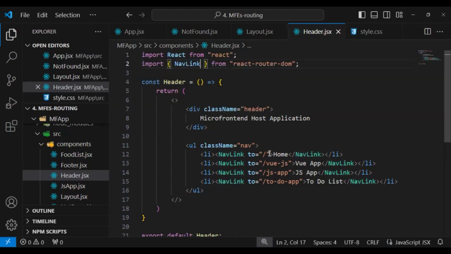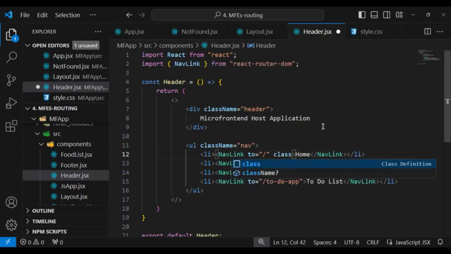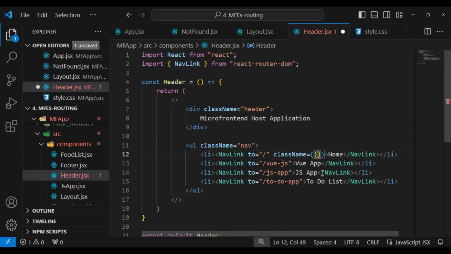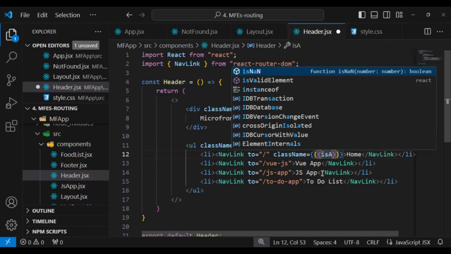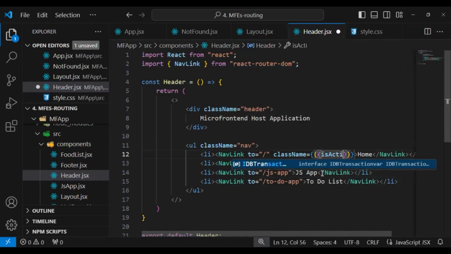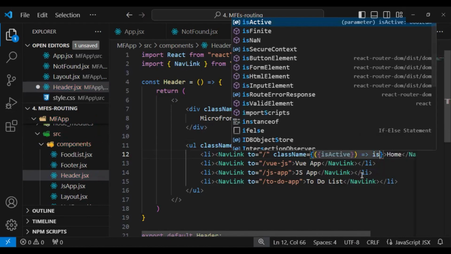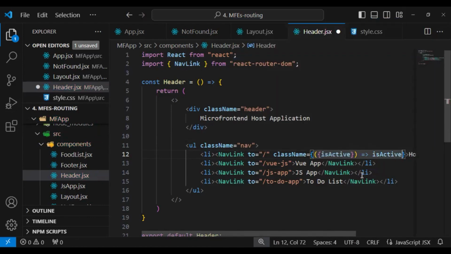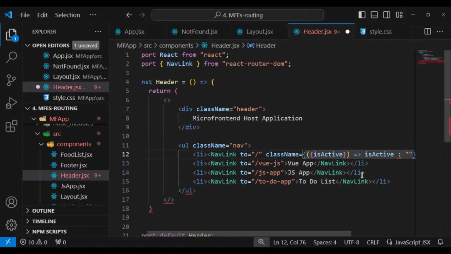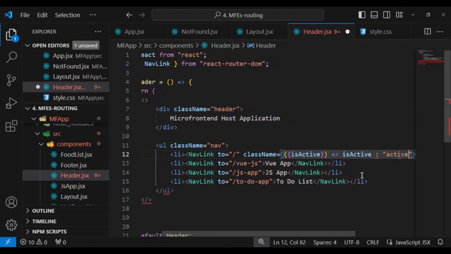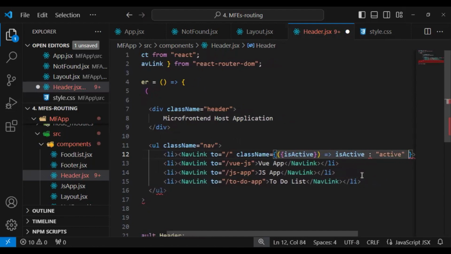And now what this component will do, here we can add the class name. We will take the callback function, and here we have one property called isActive. This property tells us whether the current link is active or not. Yeah, let's take this. We'll use the arrow function, and if the isActive property is true, in that case, we will set some class here, right? Maybe the class name will be active. And if that is not,